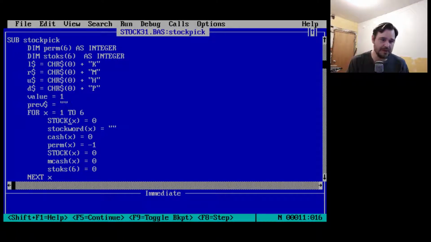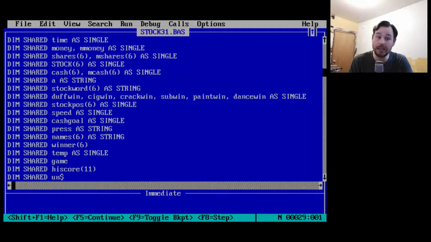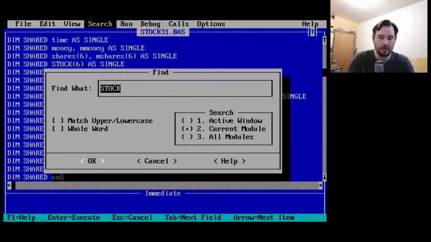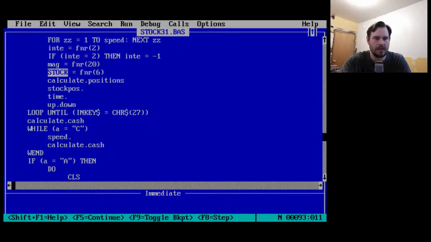So all of the stock variables, how are they used? We've declared them up here. Where else are we using them, though? Stock, whoops. And it is all uppercase, so we're going to match uppercase and lowercase. All modules, let's find stock. Position of stock. No, let's keep going. That's the wrong stock. Stock is, oh no, we've got